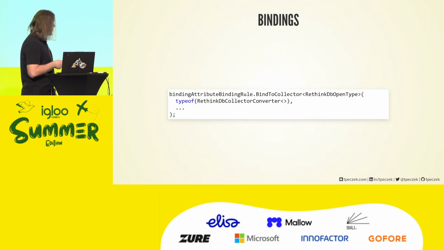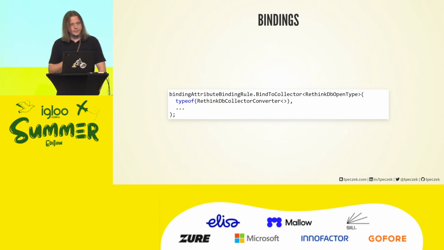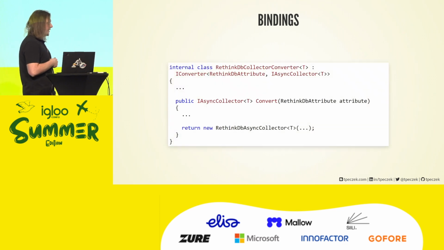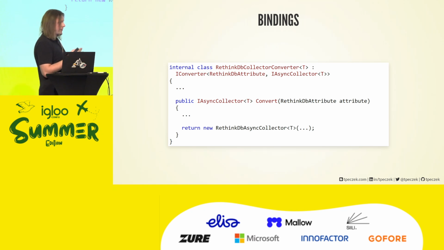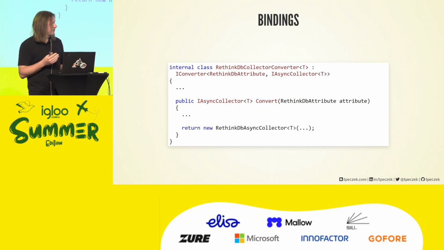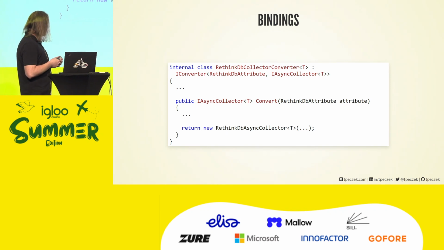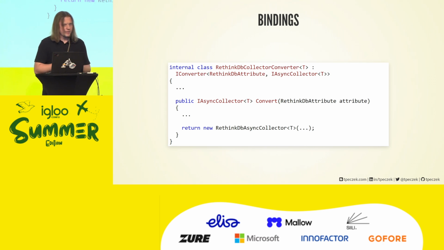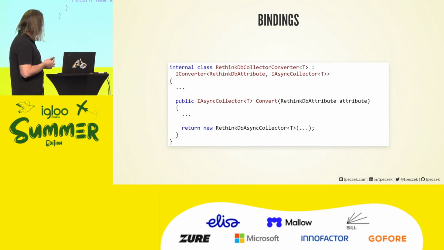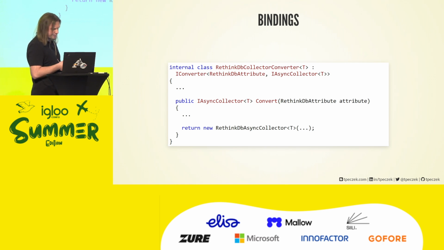Luckily, we don't have this problem with the asynchronous collectors. They support only that generic registration. The trick is, the first time you take a look at this factory, you will be surprised because it's a converter. That's a typical factory interface, right? But it does roughly the same thing. We have the type of the parameter, that's the generic type. We have that attribute in the input, in the invocation state, and it is supposed to produce an asynchronous collector as a result of conversion. Unusual interface, but works as a factory.